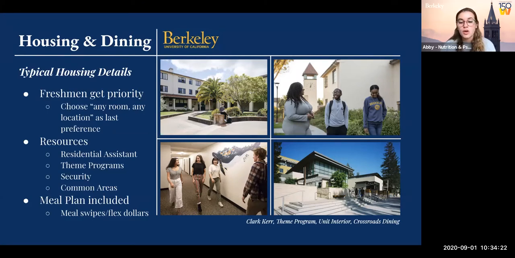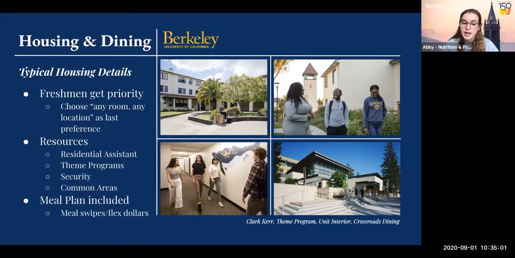In terms of security, we'll go into a little bit more later, but this is a 3-point security system. So we definitely have very secure residential halls. You have your key card to get in, as well as your key to go up, and people watching the front desk or the front area, I think, from dusk till dawn. And then in terms of common areas, that was a really amazing resource to access for me. There were study spaces as well as social lounges. So that has pool tables and different things to kind of take away from all the studying, to get to know people. And that was a really amazing resource for me.